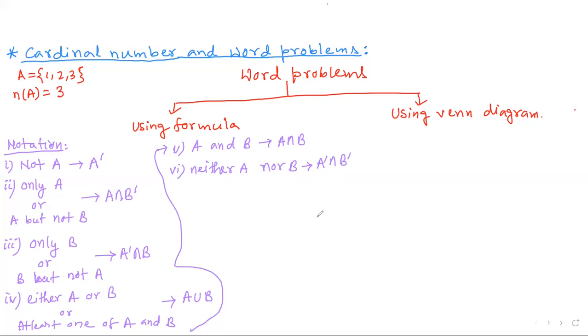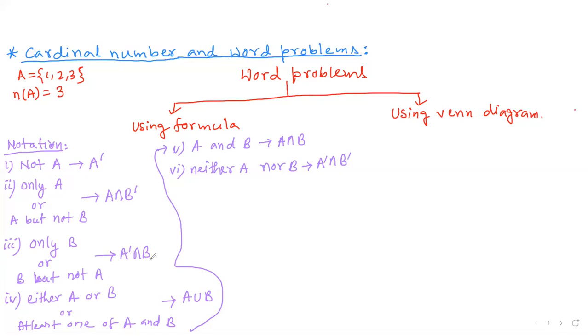So these are the important notations. These notations are required when we solve word problems by using set theory. Again I am telling, not A. Not A means A complement. Second notation, only A, or A but not B, means A intersection B complement. Third notation, only B, or you can say B but not A. This means A